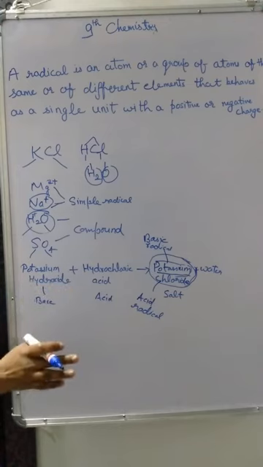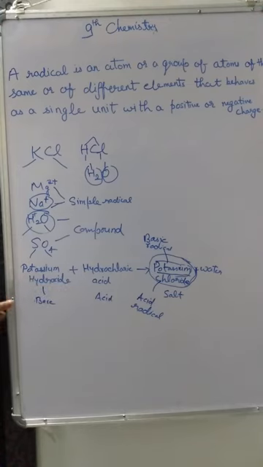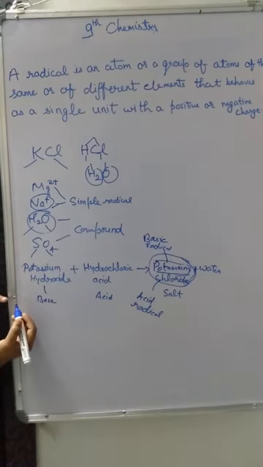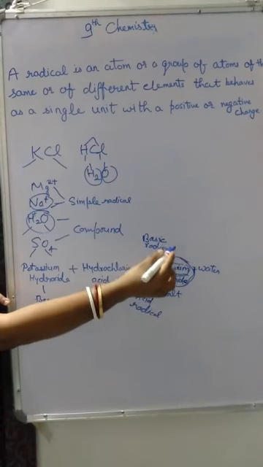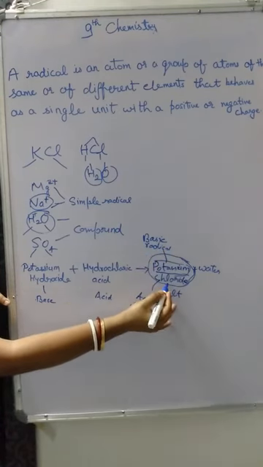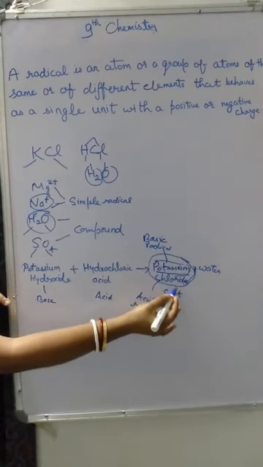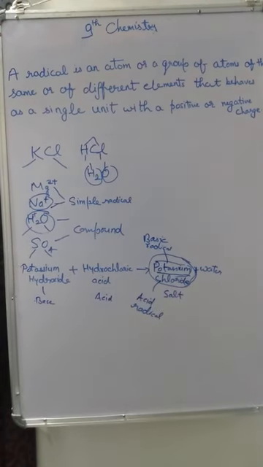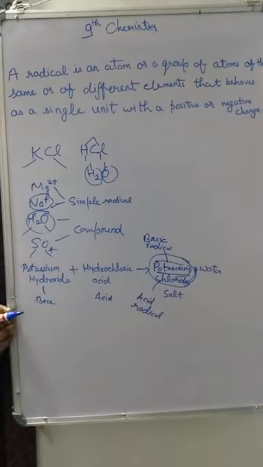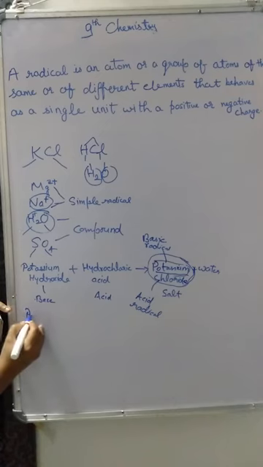The positive part is called the electropositive radical or cation, and the negative part is called electronegative radical or anion. So this is about the radical. Thus in potassium chloride, you can see